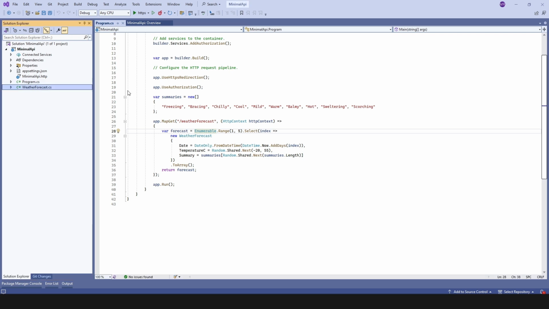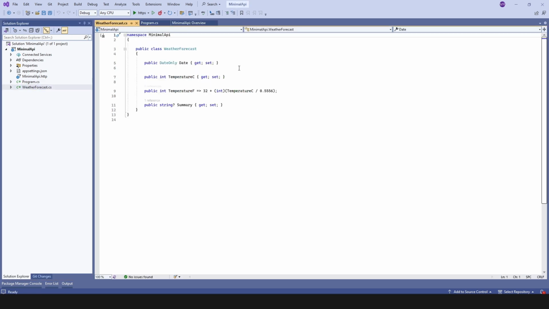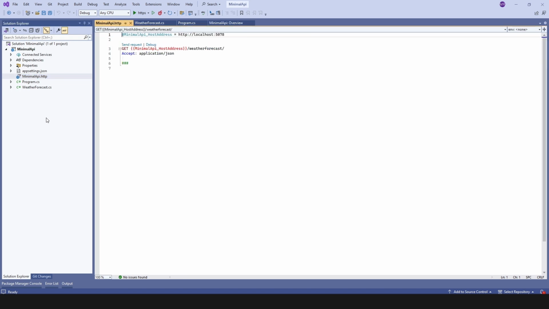Let's go to the WeatherForecast.cs. So this is the model class, just returning the weather forecast object from that endpoint. We have minimal API.http, and this is basically a file to test our endpoints without the dependency of any third-party API testing software